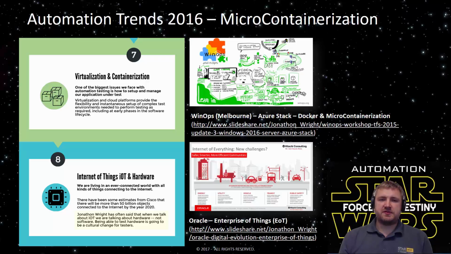So my big prediction for 2016 was around microcontainerization and Azure Stack. This was a big and bold move by Microsoft to bring Docker natively as part of the Windows stack. Equally, the microcontainerization is around the acquisition Docker did for the Cambridge University startup company Unikernel, which removes the actual requirement for the kernel within the container, which decreases the space considerably. I think it's about 88 meg. So this is a really powerful solution that is no longer OS-specific. It allows you to support the Microsoft stack, which a large amount of corporates still have in their environments.